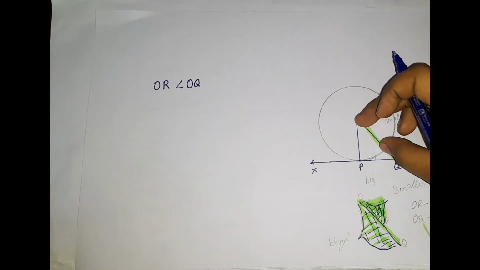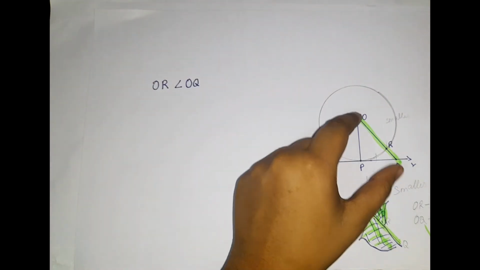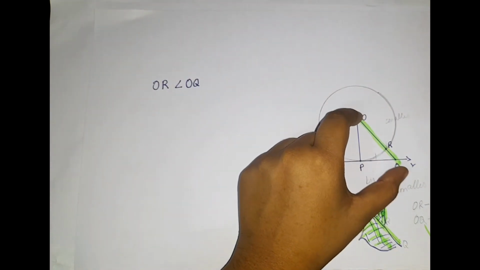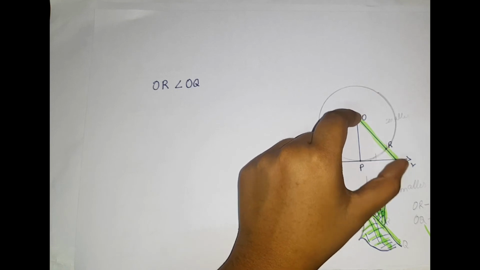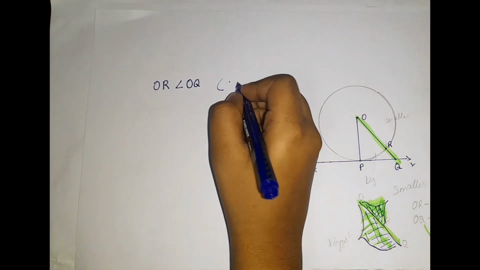So OR is smaller, OQ is big. So see the difference in the fingers. Okay. So OR is small and OQ is big. Am I right? So small, big, small, big. Okay. So this is small and this is big. So this only I just mentioned. So that is, OR is smaller than OQ. Why is it smaller than OQ? That's because we can just write,